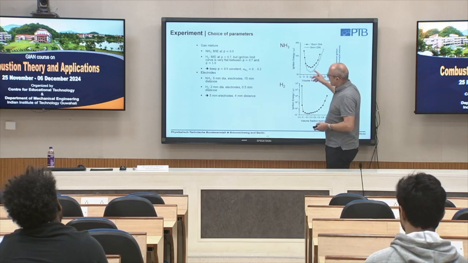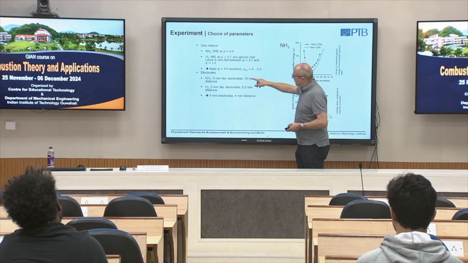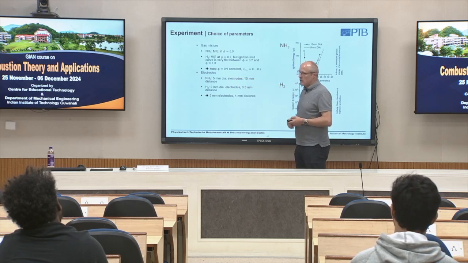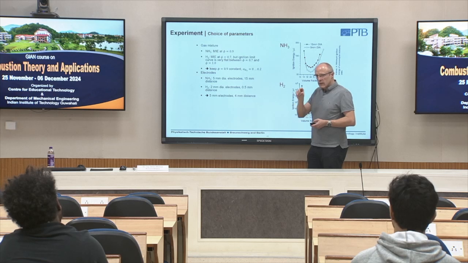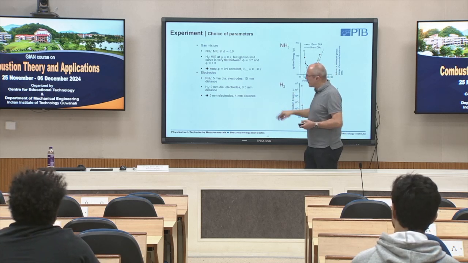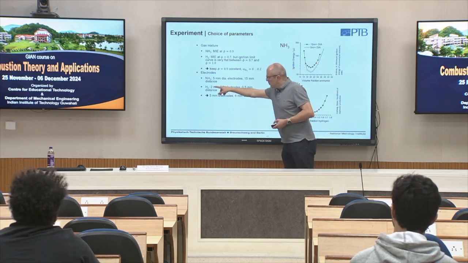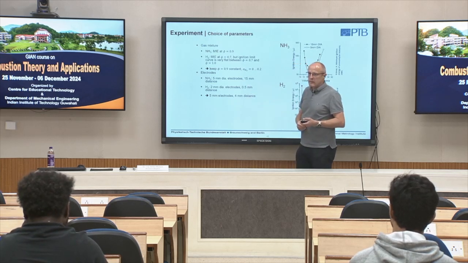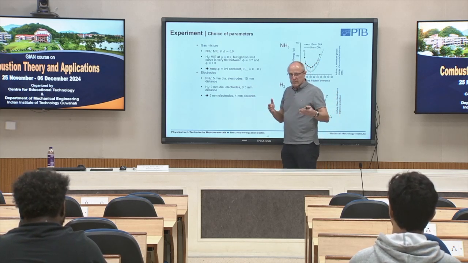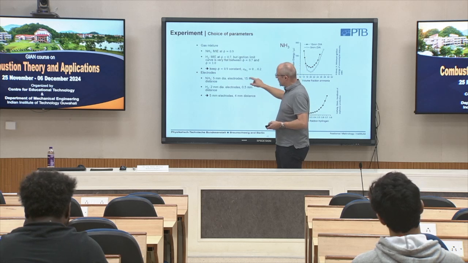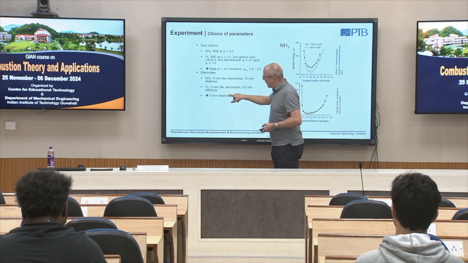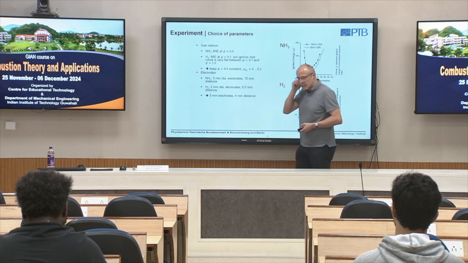So here we have 5 millimeter electrodes and 50 millimeter distance, giving us the minimum ignition energy. For hydrogen, we have 2 millimeter electrodes and 0.5 millimeter distance. So of course, again, big difference. So here we just keep this fixed. So we have 5 millimeter electrodes and 4 millimeter distance.